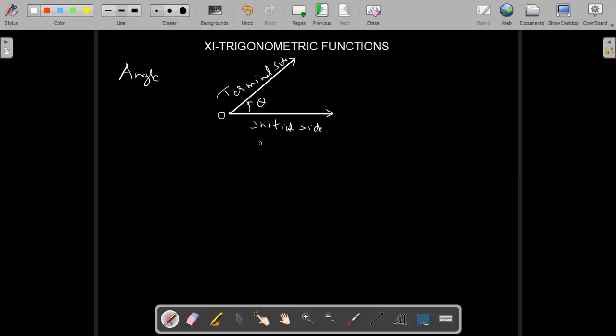Then the rotation can be clockwise or anti-clockwise. When we are taking anti-clockwise rotation, then theta angle is positive. For anti-clockwise, we will take a positive angle, whatever 30 degree, 40 degree. So this is anti-clockwise. If we are moving clockwise,